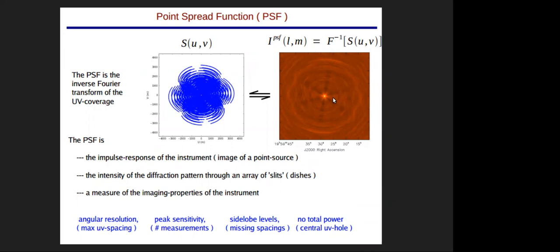I will show you that with your data set the UV domain is not so good, it is not well synthesized, so that is why your PSF will not look good. That I will show you later. Okay, so keep in mind that your point spread function is basically the Fourier conjugate of your sampling function. So the better you sample the UV domain, the better and nicer-looking PSF you will get.